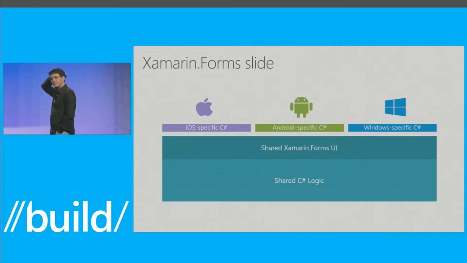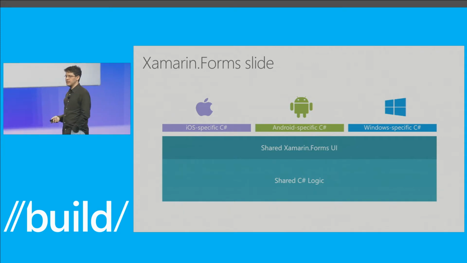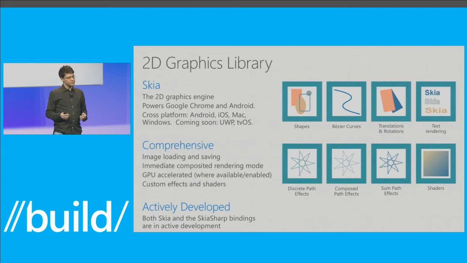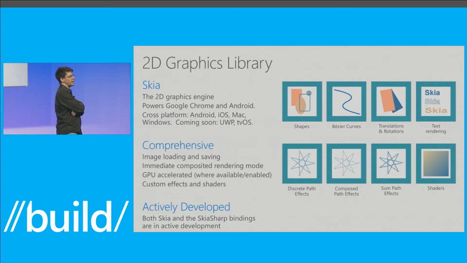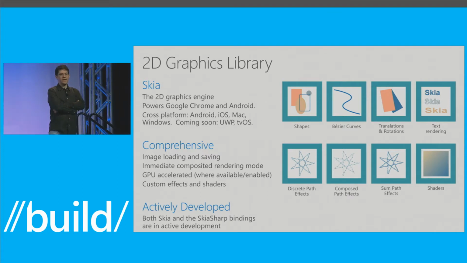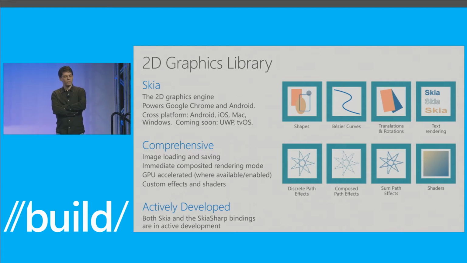But many of you have told us that you want to go beyond that. And in many cases, plugins did their job, forms did their job, but there were a couple of gaps missing. So we recently launched our 2D graphics library. This is a 2D graphics vector composited library for rendering 2D bitmaps and images. And it's based on Skia. Skia is the graphics engine that powers Google Chrome. So if you use Google Chrome or you use Android, you're using Skia.